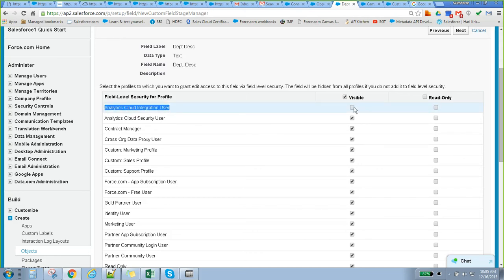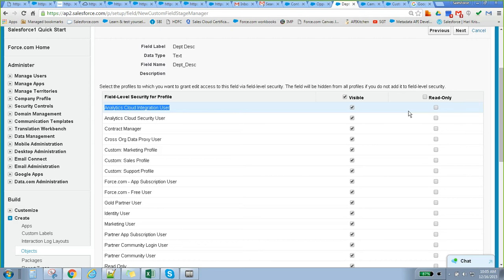In that case, make it like this, so it will be disabled. Or if you want to make it read only, then select read only. In that case, others could not see or edit it. Okay, clear? Yeah.